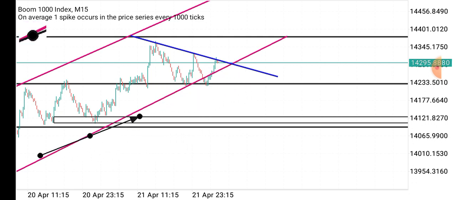But until this zone here is broken and the market sells below it, comes back to retest around this point, I wouldn't want to go in for a massive sell to the downside. If this does not happen, guys, I wouldn't want to go in to sell. But if I would even want to sell, it would be if I see the market breaking out of this trend line now,